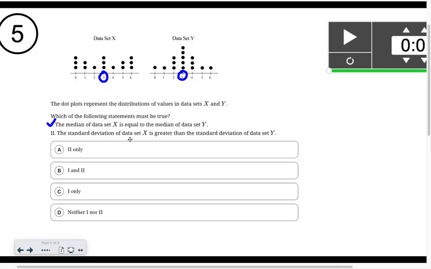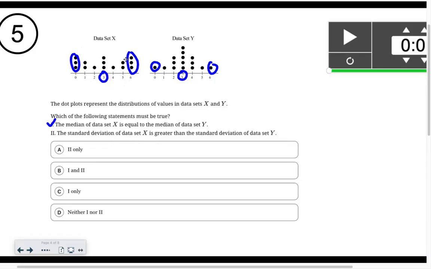Okay, the standard deviation of data set X is greater. To find standard deviation, you want to locate how many values are on the ends. This one has six values at the end, and this one only has two. So the one that has more values that are further away, with all things else being equal,